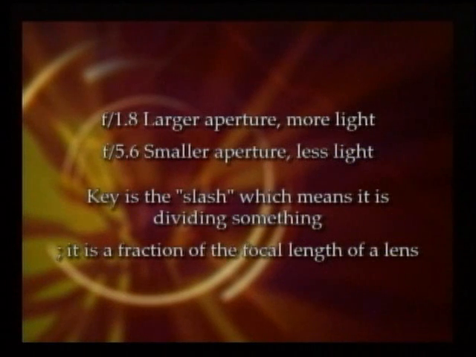Does that make sense to everybody? I know the f-stop is kind of a difficult concept to grasp at first, just because small number equals bigger hole equals more light. So for example, we've got f1.8, which is a larger aperture and lets more light in, and f5.6 is a smaller aperture and lets less light in. The key here is the slash. If you think of that as a divisor, it's dividing a number by the f number on the film. And that is how you can remember how much light is going to be coming through based on the f-stop.